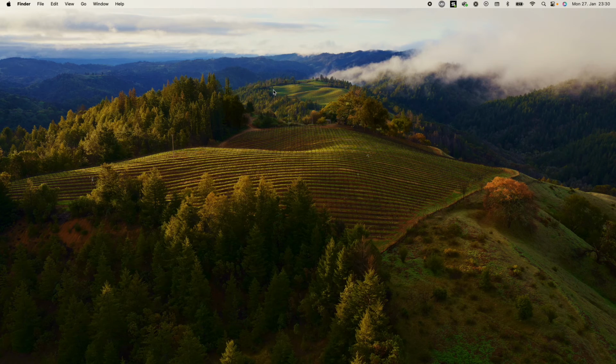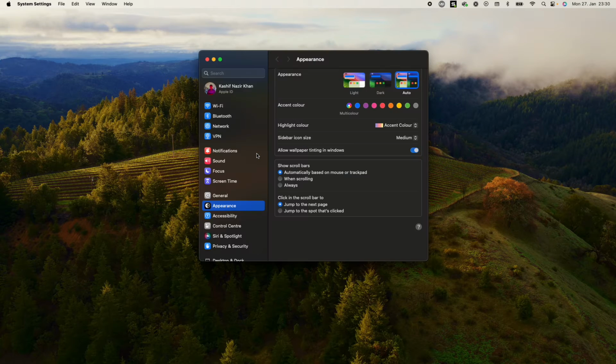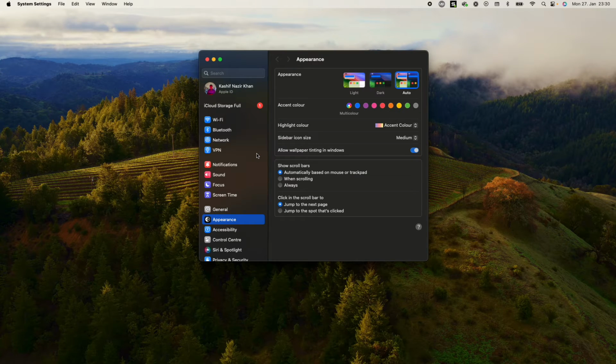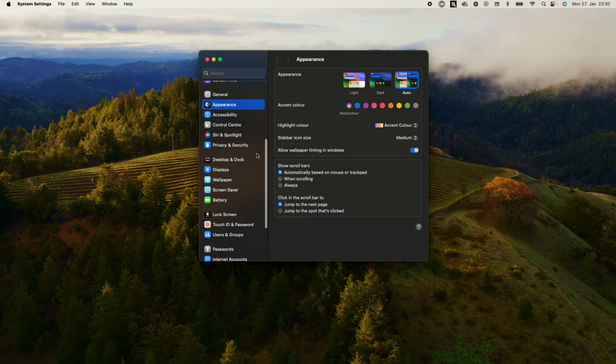To change the profile picture on a MacBook lock screen is quite easy and simple. So you need to go to your desktop on Mac, and once you're here, just go and click on this Apple icon and go to System Settings. Open this up, and once that is open, you need to scroll down a bit, and here go to Users